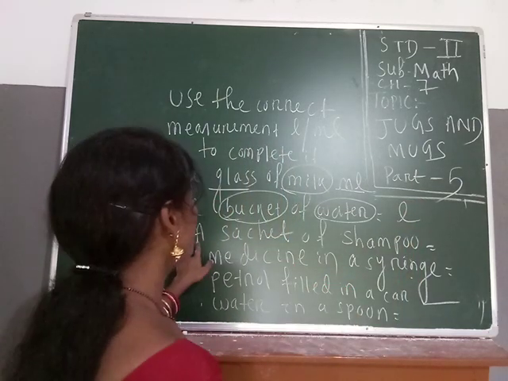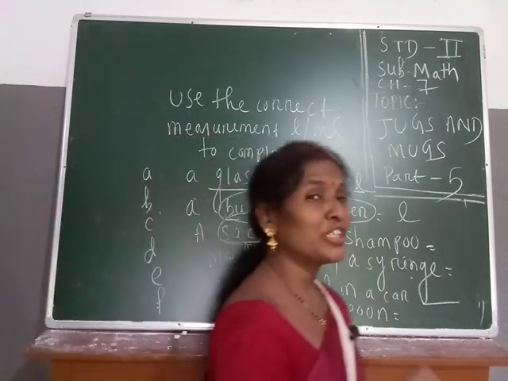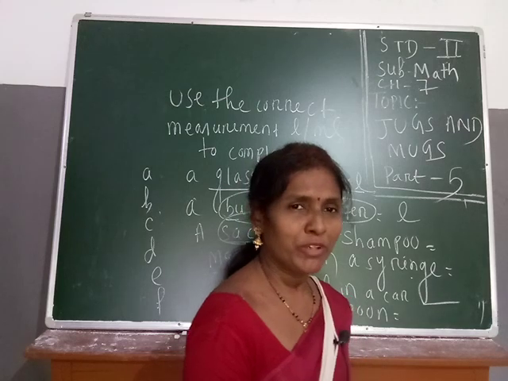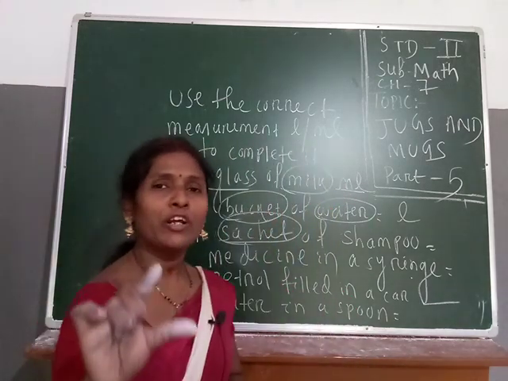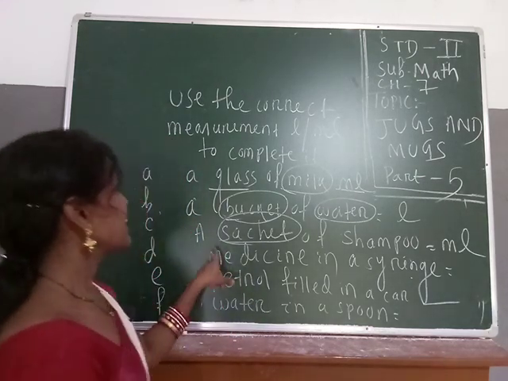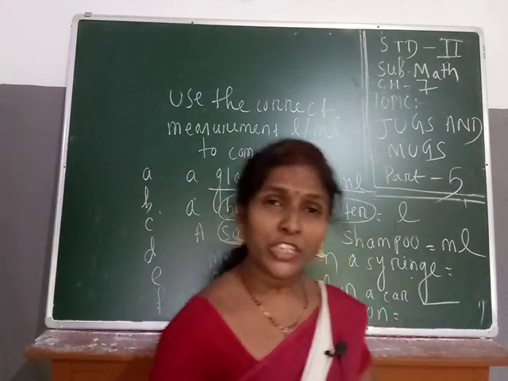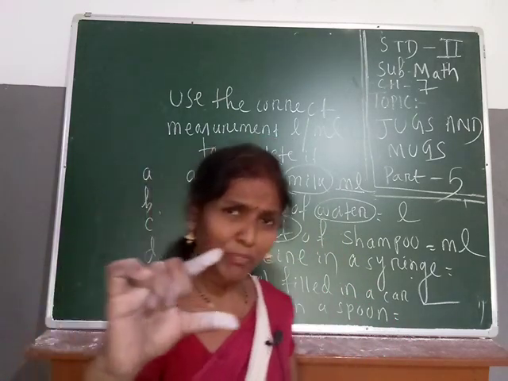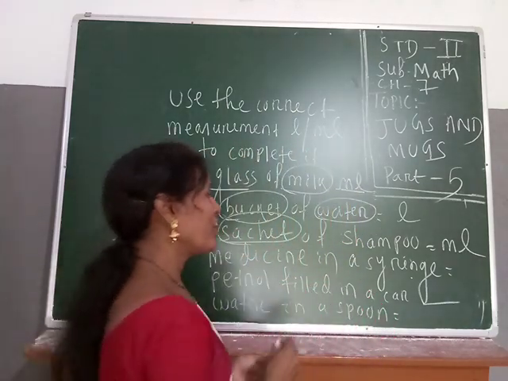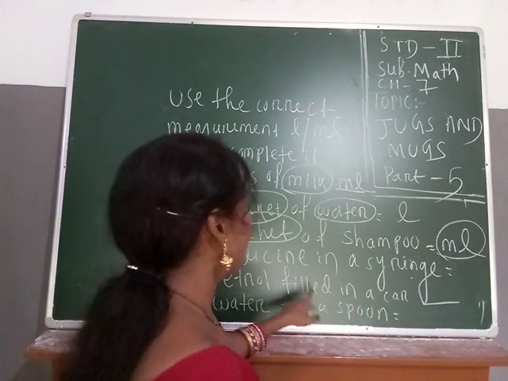Very good. Now next is your sachet. A sachet is one packet. In that you will put some shampoo, and what will you use, liter or milliliter? Because in a shampoo packet there is a very small amount of shampoo. Listen students. Sachet, have you seen? That one is in your house. That is a very small packet, and in a very small packet only a small amount of shampoo can be held. So for that we will use which unit? That one is milliliter.